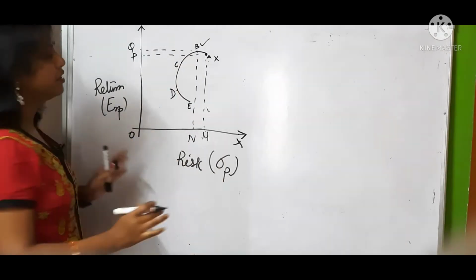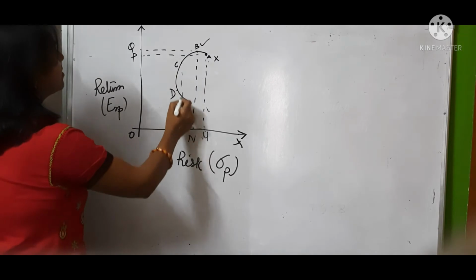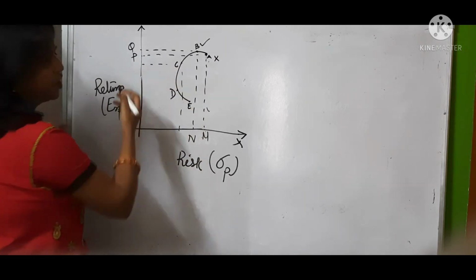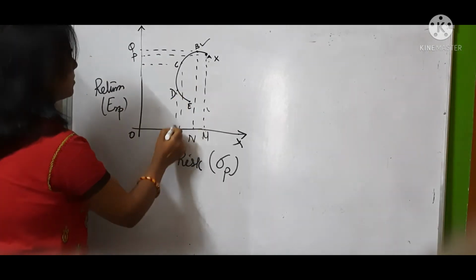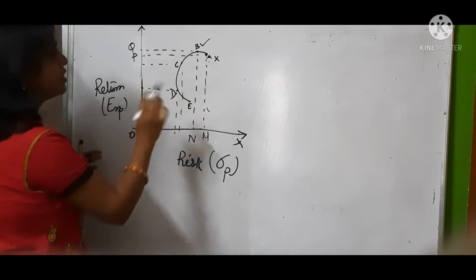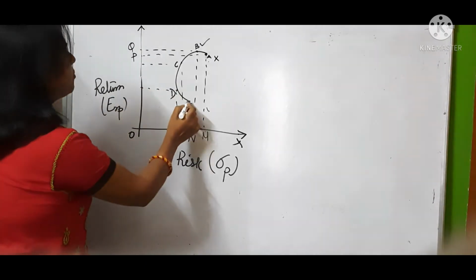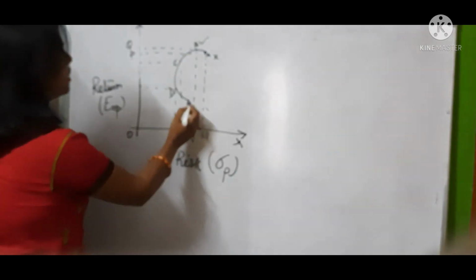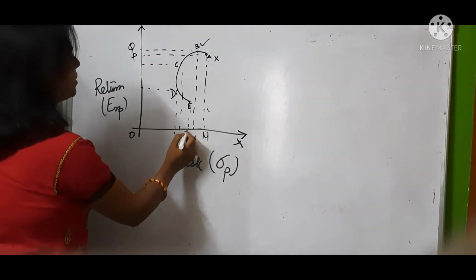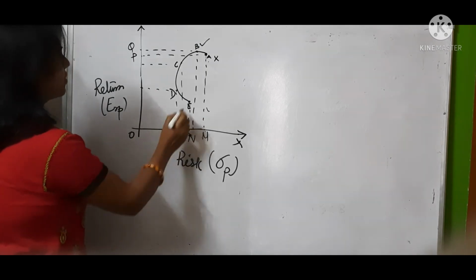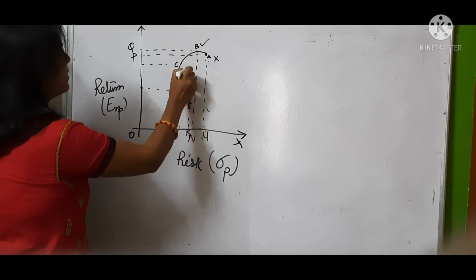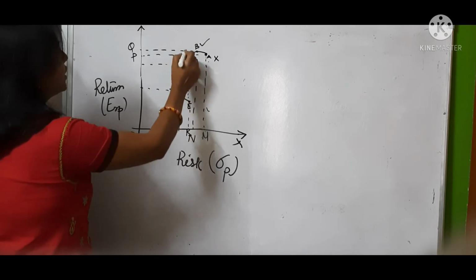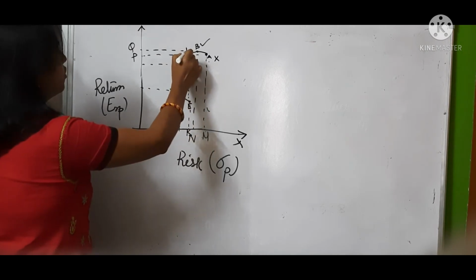Let us see B. Yes, B is efficient. What about C? C has this much risk, this much return. D also has this much risk, this much return. So C and D are efficient. What about E? I will say E is not efficient. Why? You see, E is taking this much amount of risk, say for example OK. If you extend it this side and make it touch the frontier, there is another point, say this is called OL.